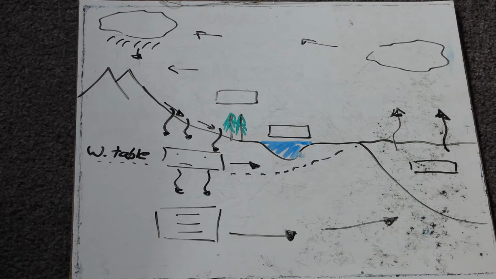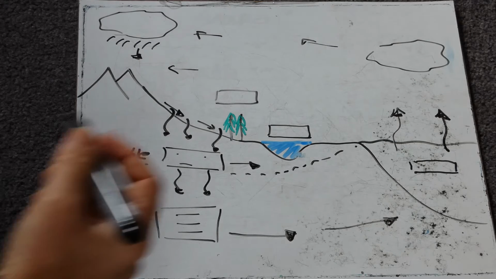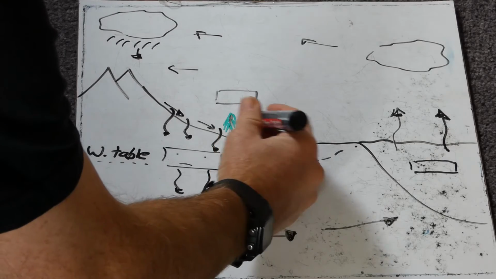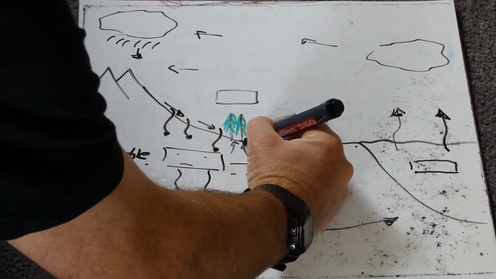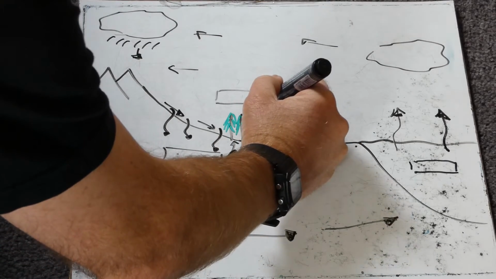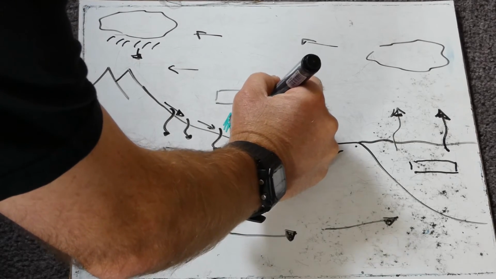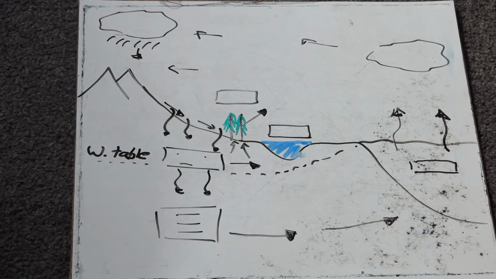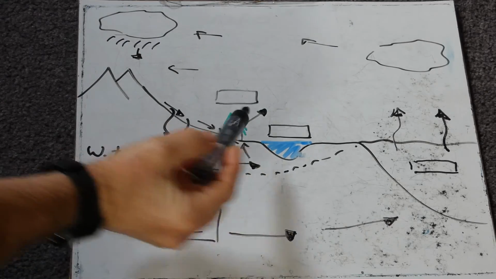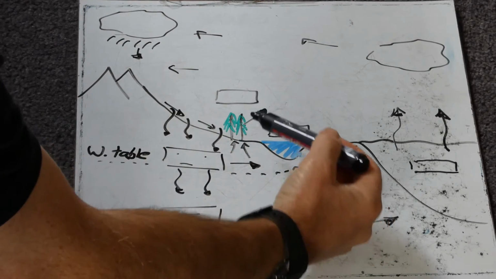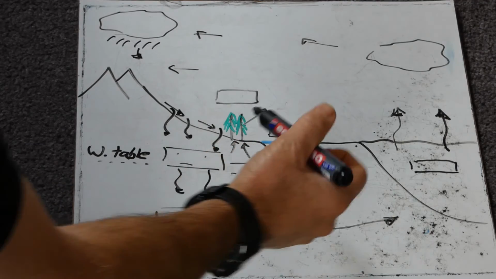And then we've got a few other processes going on. We could have uptake of water by plants, and you probably know the name for plants evaporating out that water vapour through their stomata. That process is called transpiration. Sometimes in the exam you'll see it called evapotranspiration. So evapotranspiration is all of the water vapour coming off plants, both evaporating off the leaves but also coming out through the stomata. So you can label on evapotranspiration,